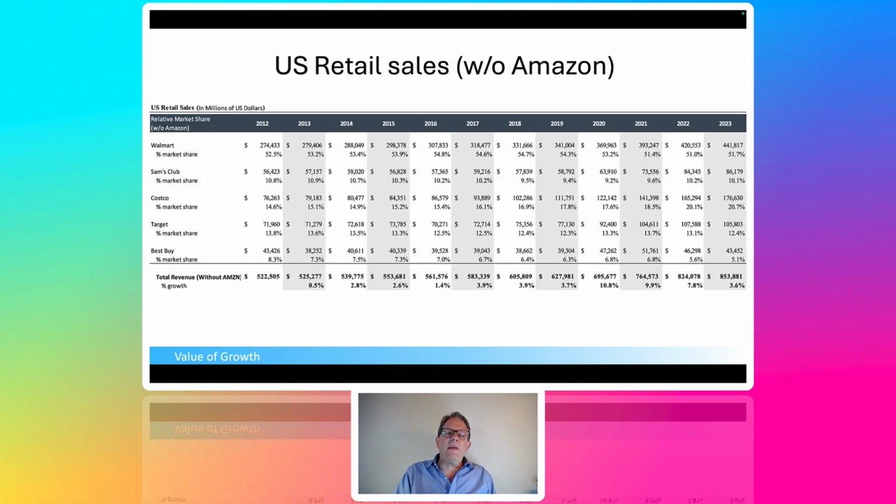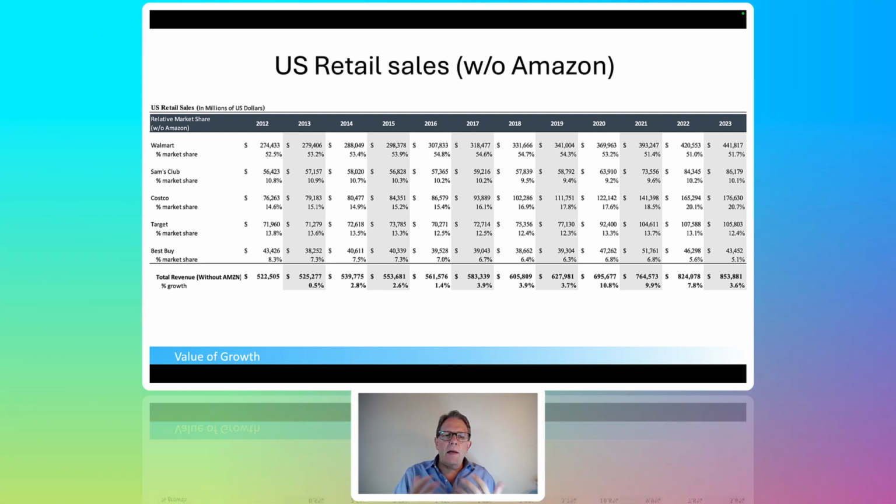All right, here is U.S. retail sales annually. I put a little table together: Walmart, Sam's, I know they're owned by the same company but they're two different formats, Costco, Target, and Best Buy. What I've done is line up their U.S. retail sales on a calendar basis, since all of them have slightly different fiscal years. I've calculated at the bottom a representative market, the total revenue for all of the companies, and then you can calculate market share of that.